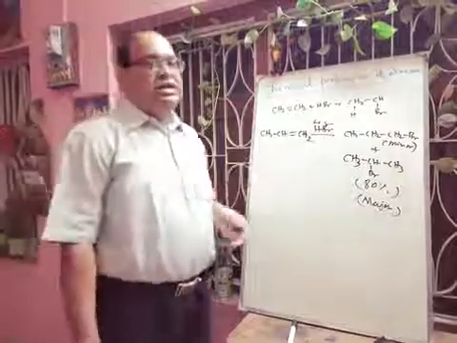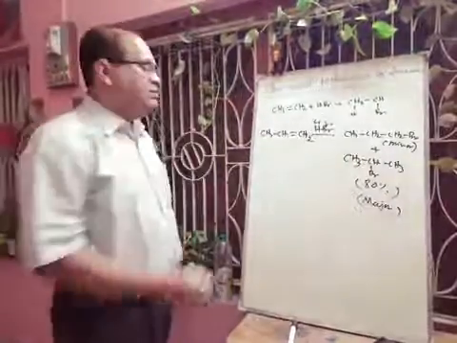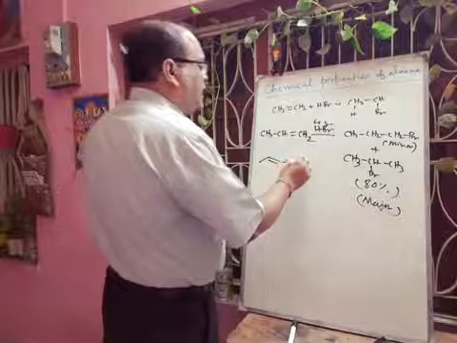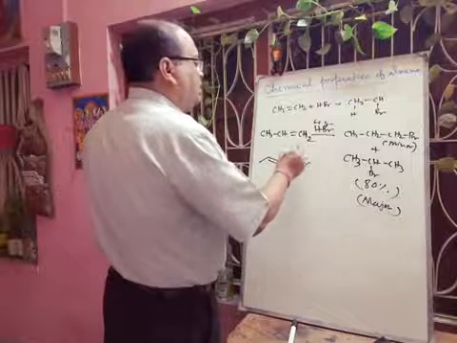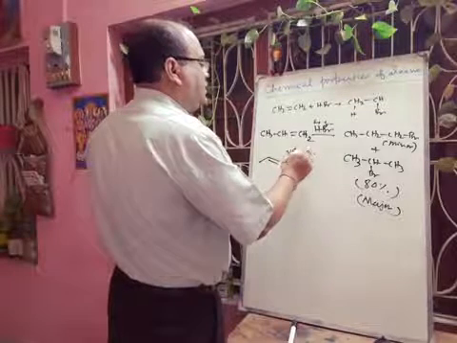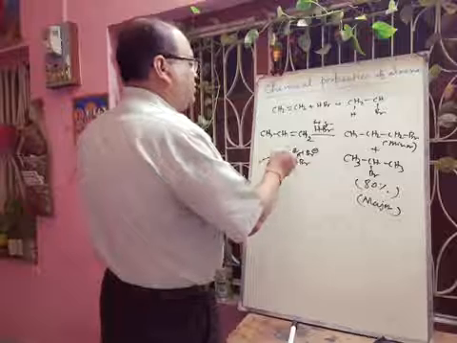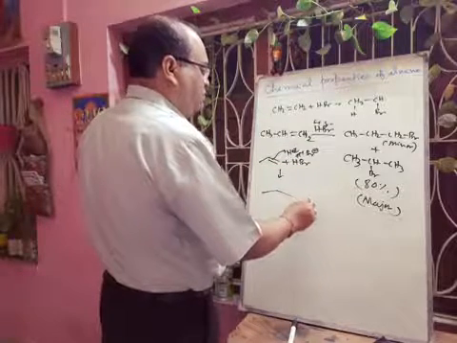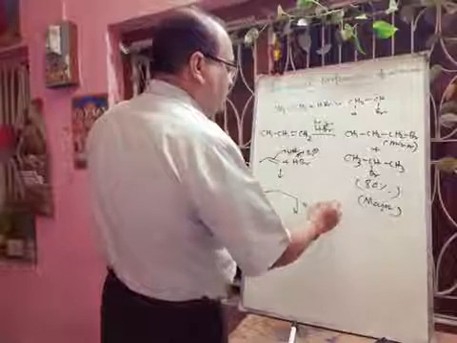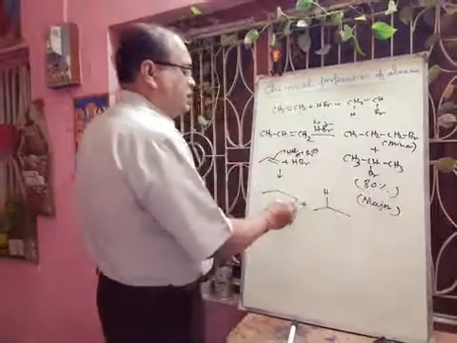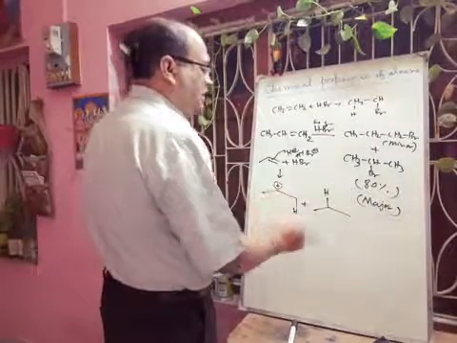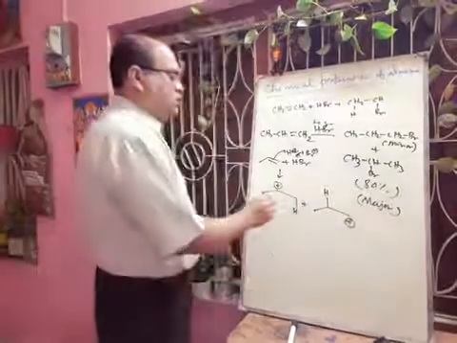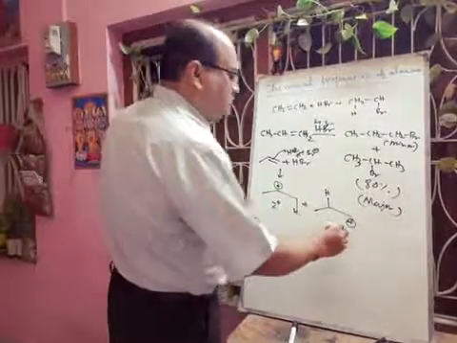Actually, if we discuss the mechanism, then we can easily understand what is going on here. Actually, this is the propene. When we are adding HBr, it will form H plus and Br minus by dissociation. Okay, so it will be added to this alkene, and then there will be formation of two compounds. Addition of H will be in the middle and at the terminal. When it is at the terminal, then this carbocation forms, and when it is the middle, then this carbocation will form. So now this one is the 2 degree carbocation, this one is the 1 degree carbocation.